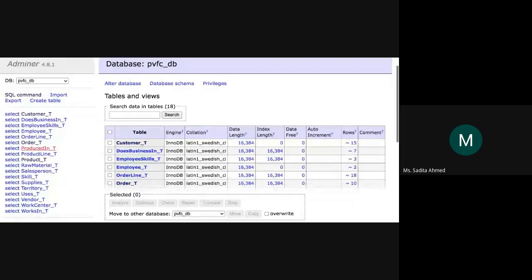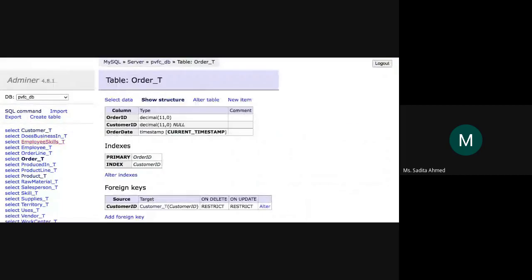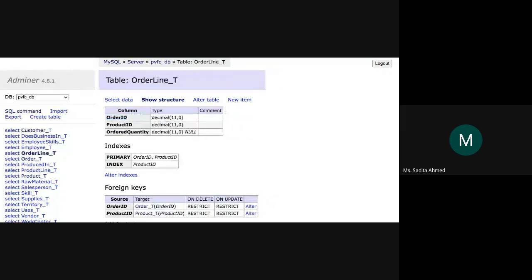This was our PVFC database. If you take a look at the order table, it has order ID, but nothing else. It won't work because we need to count the number of items in a specific order. Order ID is there only. The items in an order, they're not there. Okay? But if you take a look at the order line table, on the other hand, there's order ID, product